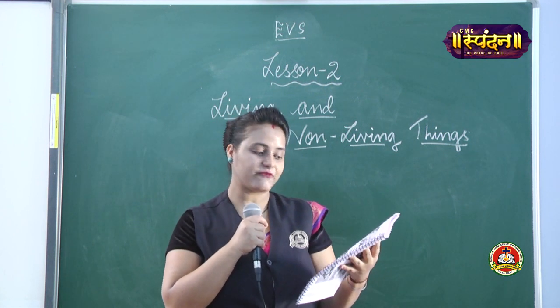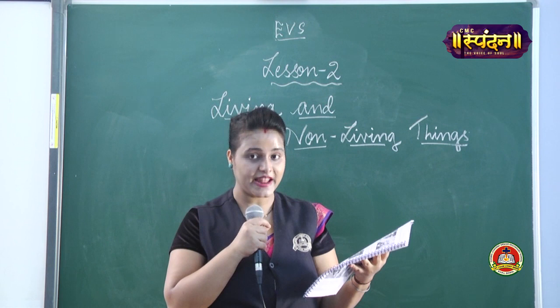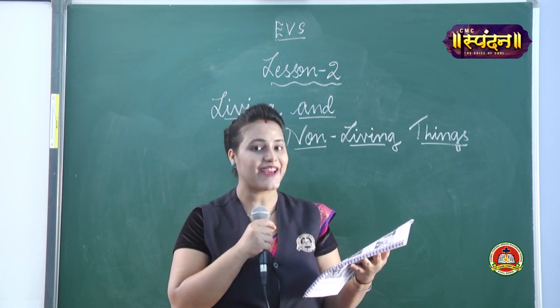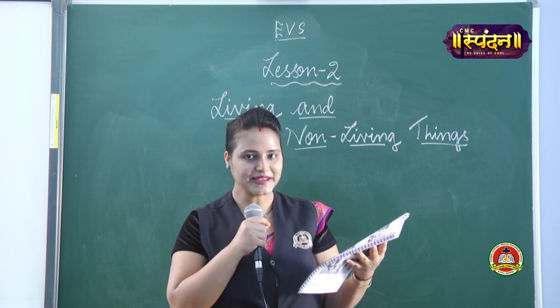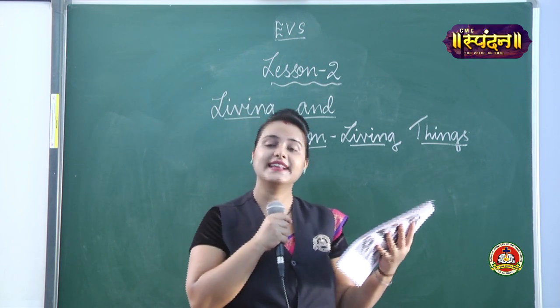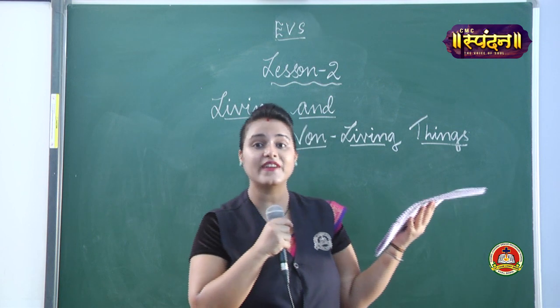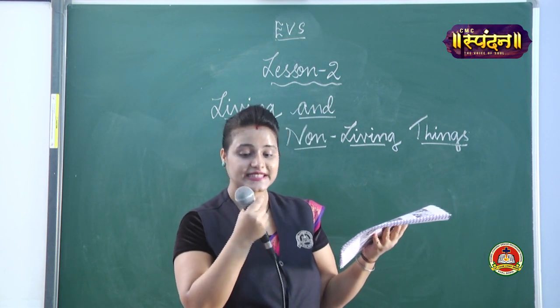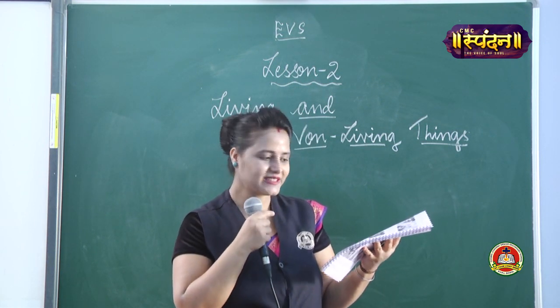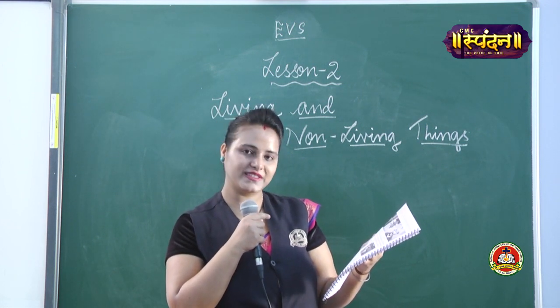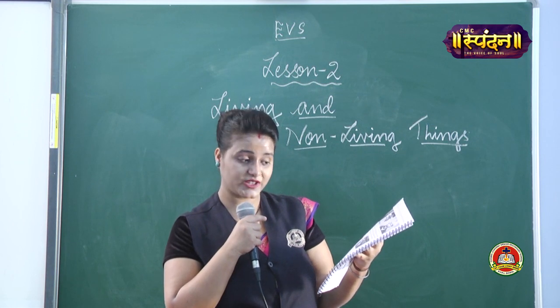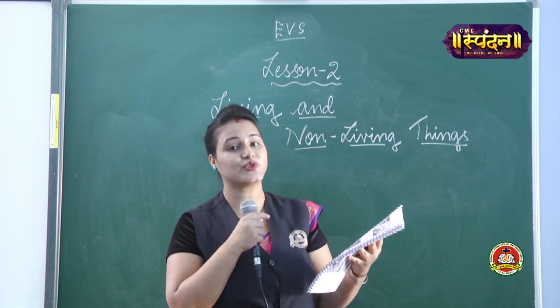Living things give birth to young ones. All living things give birth to young ones. Men and women have babies. Have you seen small babies? They give birth to the young ones, that is their babies. Birds lay eggs. Have you seen eggs? From those eggs, small chicks come out. And hatch out little baby birds. Cats have kittens. Cows give birth to calves.